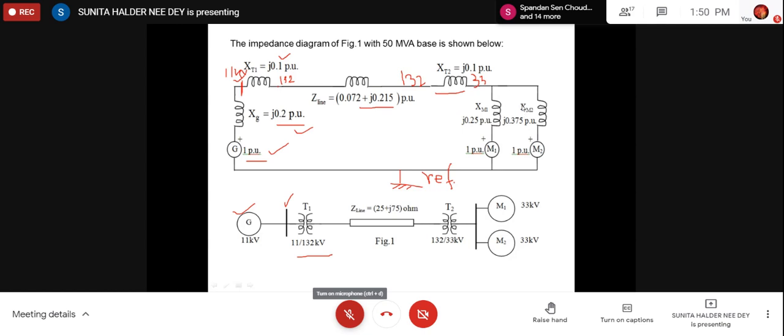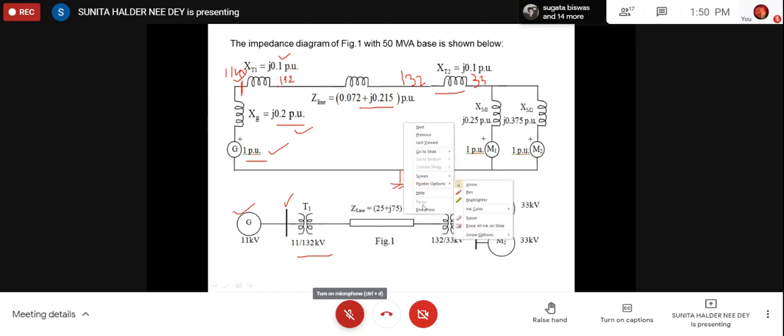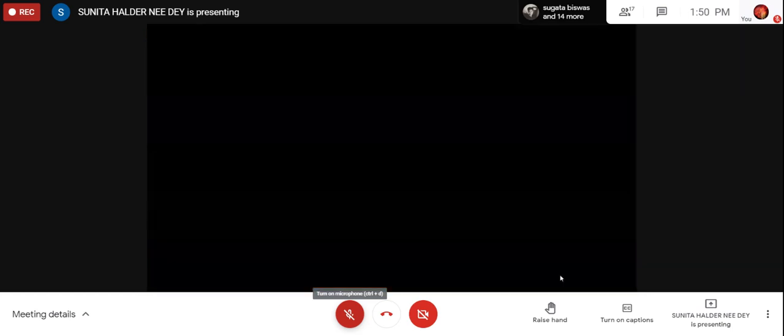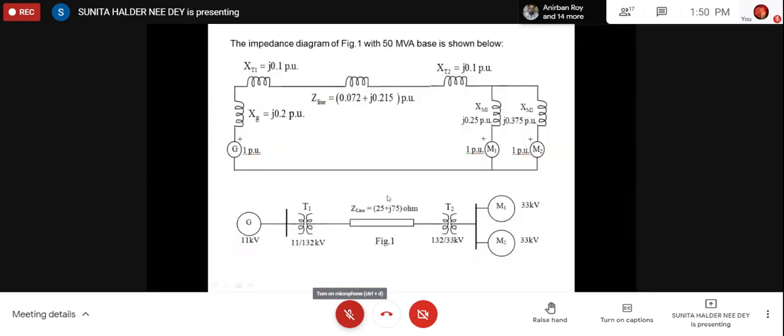Then similarly for the motor. In that way, we can represent the total system by an equivalent circuit. These equivalent circuits are on a per phase basis because all the representations are on a per phase basis, right? So we can draw it up to this. Then what is the use of this? I have discarded all those.